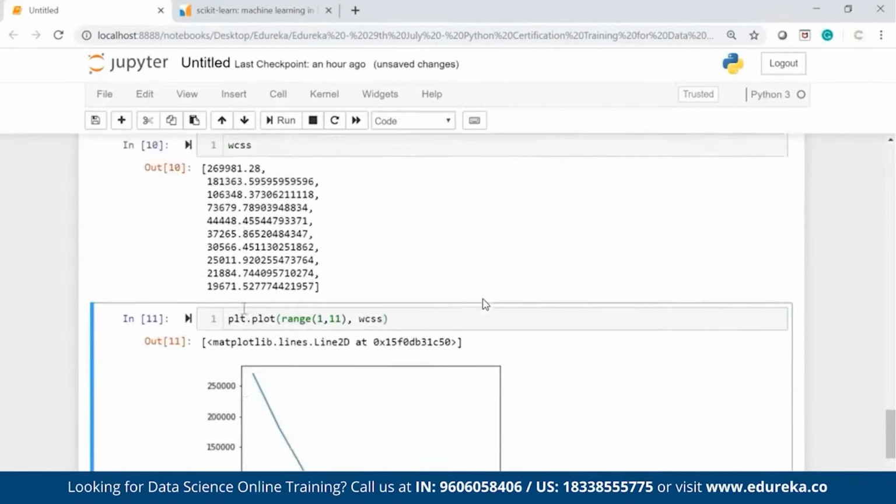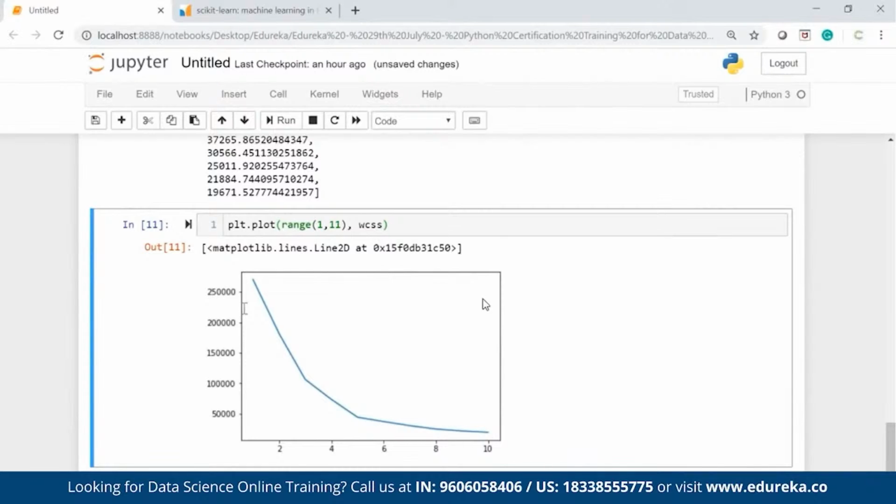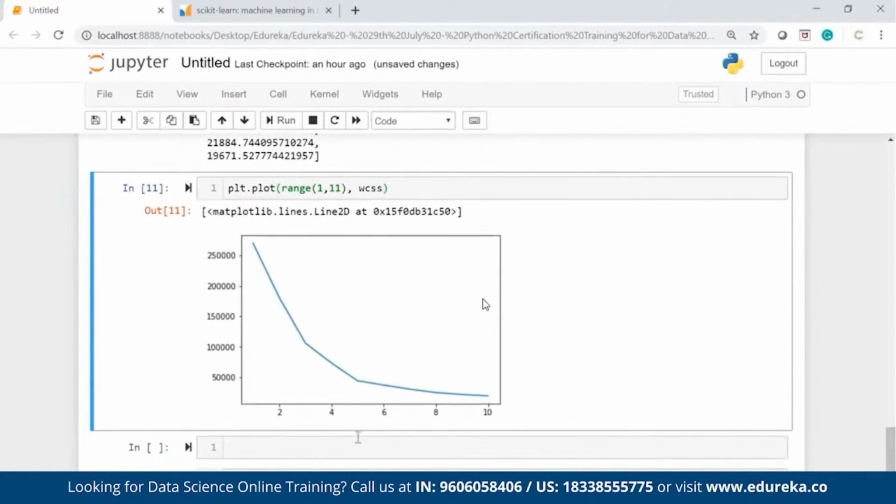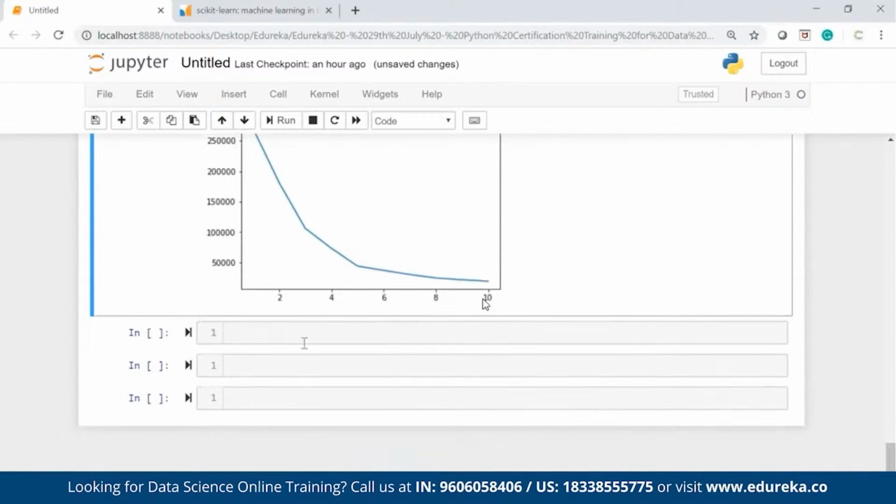Here you go. You get a beautiful elbow chart, and from here I can clearly say that my elbow joint is at cluster number 5. After that, there is very little reduction in the Euclidean distance. So from here, I will be able to understand that 5 is the ideal number of clusters which I should have, and I can create 5 clusters in my data set. How can we do that? We just have to